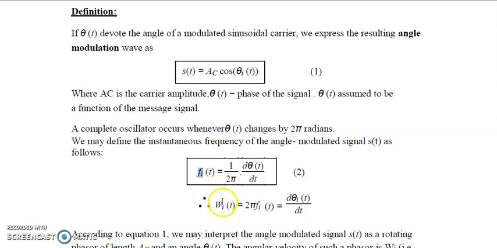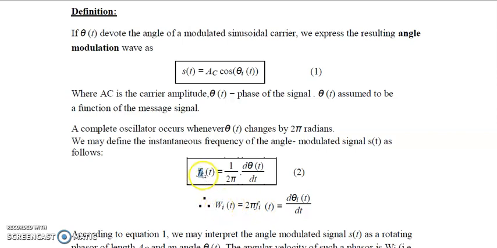Now here it is actually omega. Omega means angular frequency, angular velocity. Many times I have explained in the class, frequency f, when it is multiplied by 2 pi, is angular velocity, and when it is multiplied by t, that is 2 pi ft, then it is theta. Okay, I think now it is clear to you. So angular velocity is represented by omega. So 2 pi f means omega.